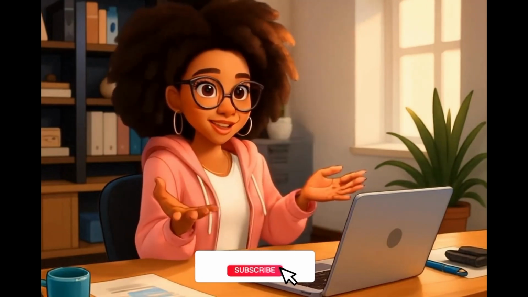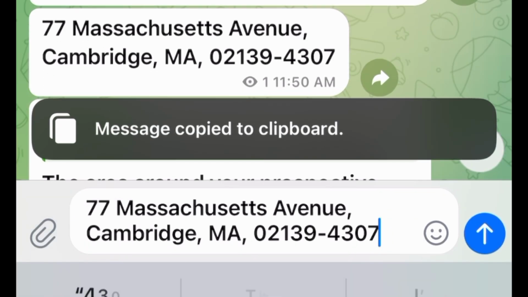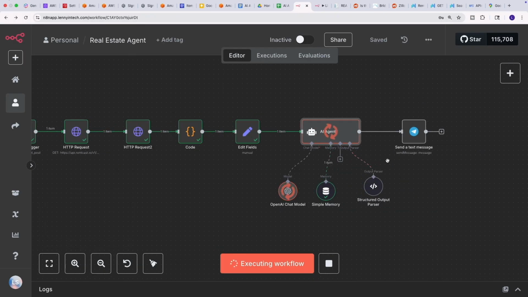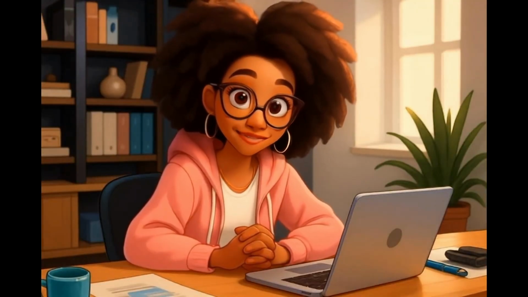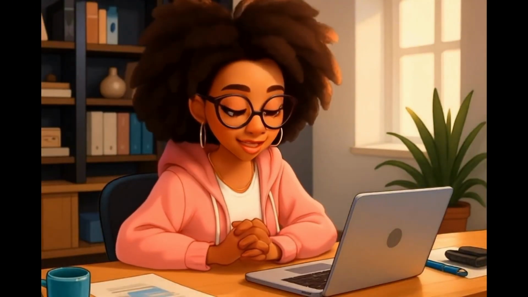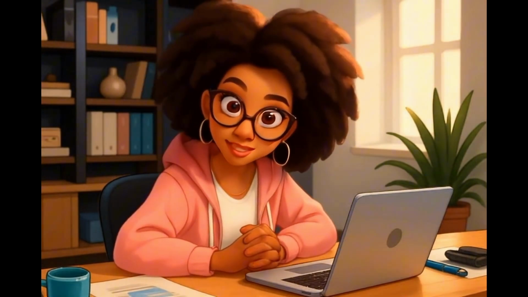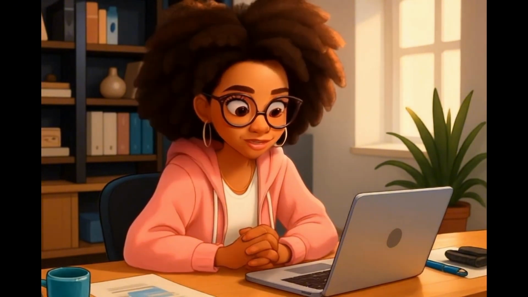My name is Lenny. In today's tutorial, I'm going to show you how to build your very own AI-powered agent that automatically sends detailed real-time information about any area straight to your Telegram chat. So whether you are a real estate professional who wants to instantly share neighborhood insights with clients, or you're just curious about automating hyperlocal data with AI, you're in the right place, because in this video, I walk you through